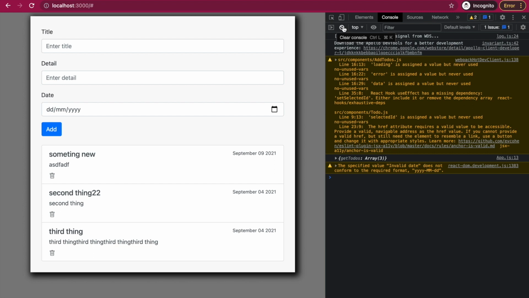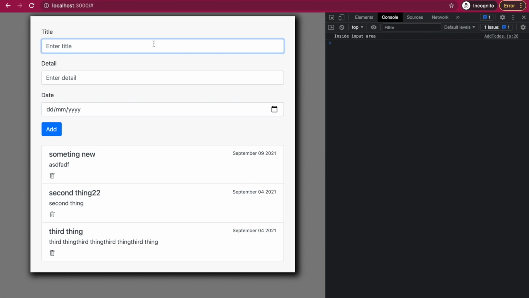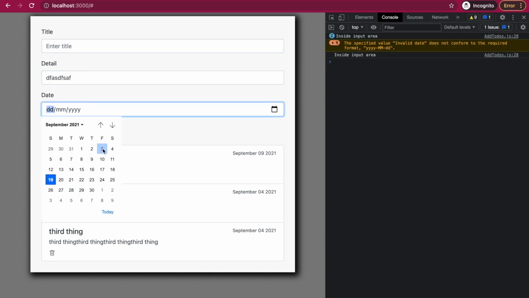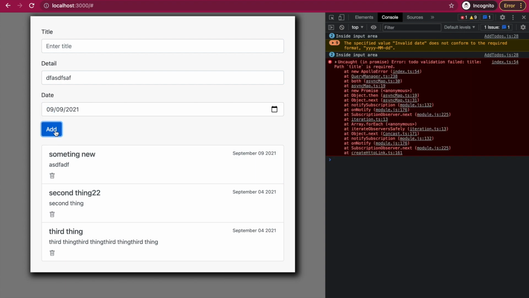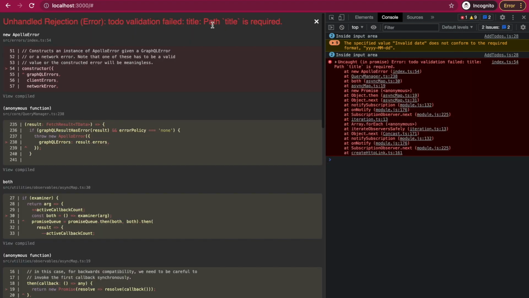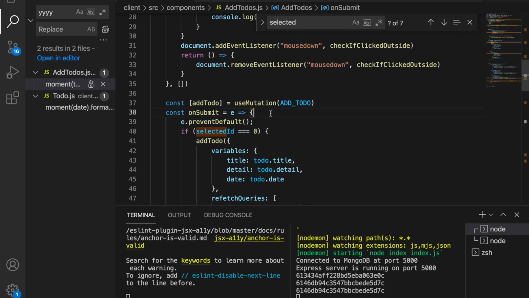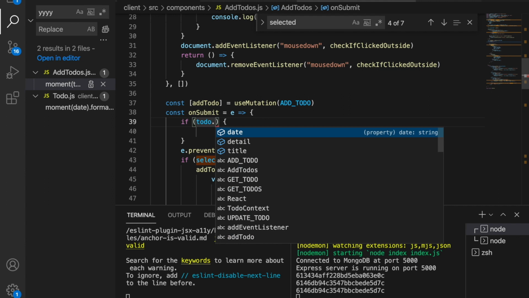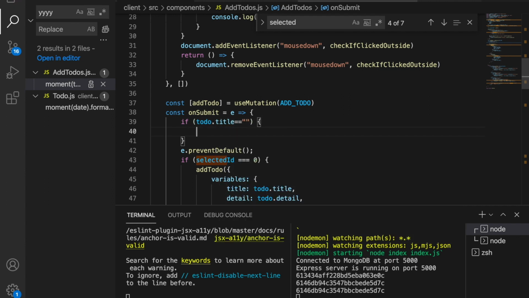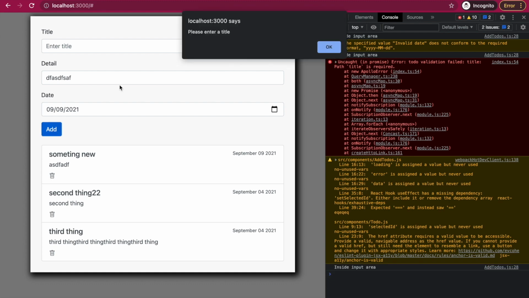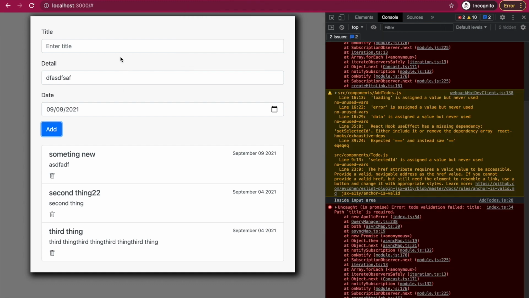And the last thing that we want to solve is if you click on this and just try to type the detail and add the date without the title and click add, you will see the error. Because the title is required, we should check it before submit. So under the onSubmit function, we should check if todo.title is equal to an empty string, and we should alert "please enter a title". So now for example, if we add again, we want the user to add the title,